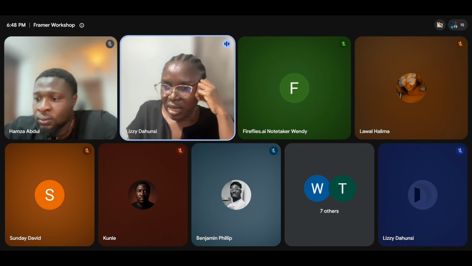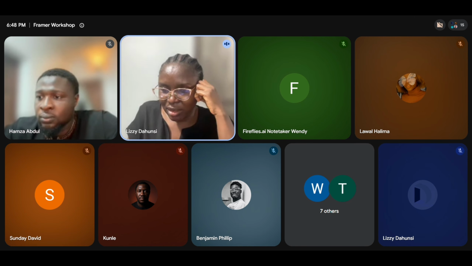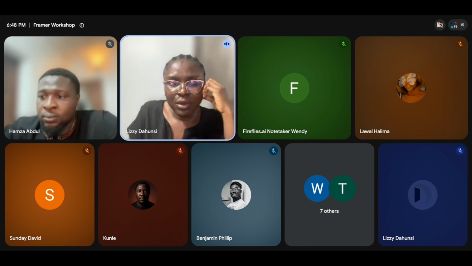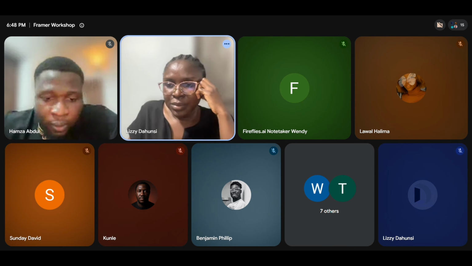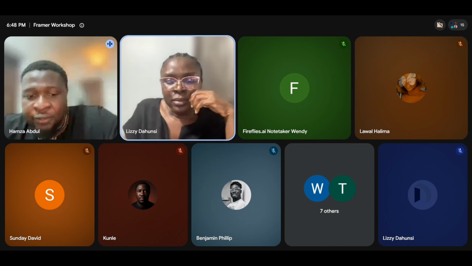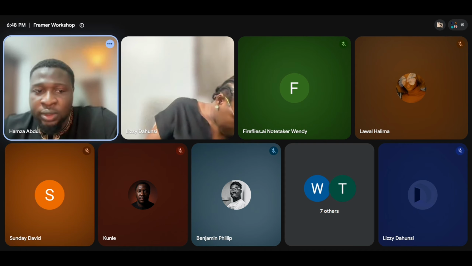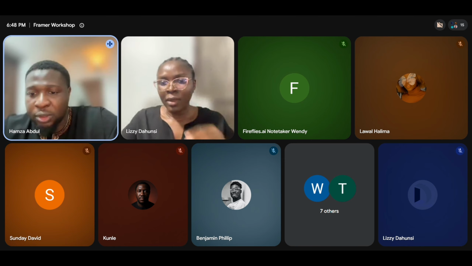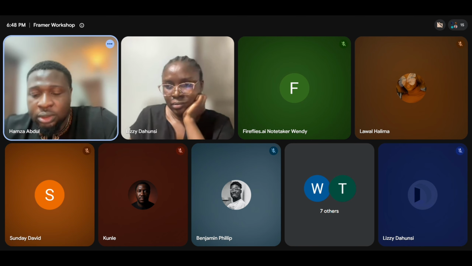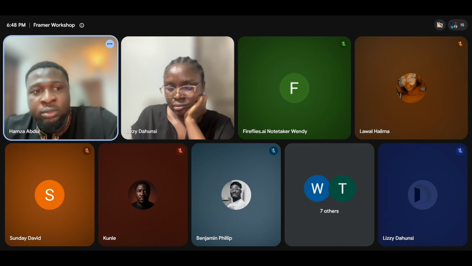What if you have a design done on Figma? Can you take it to Framer and use the AI agent to generate the exact design? Yes, but I'll let Hamza answer that properly. If you have the design on Figma already, you just use the Figma to Framer plugin, and it will send it from Figma to Framer for you automatically.